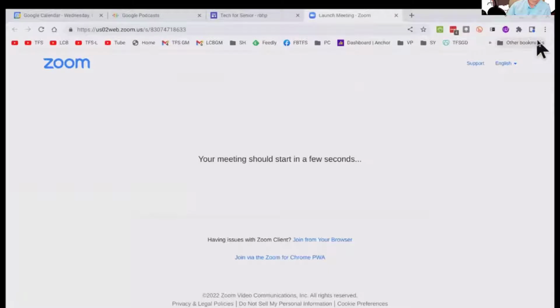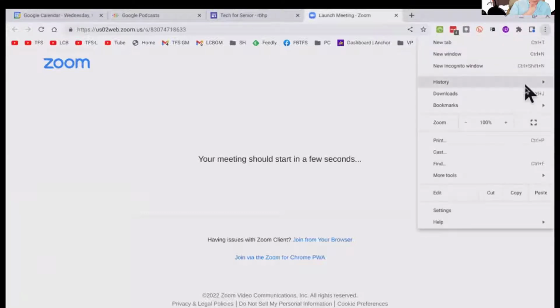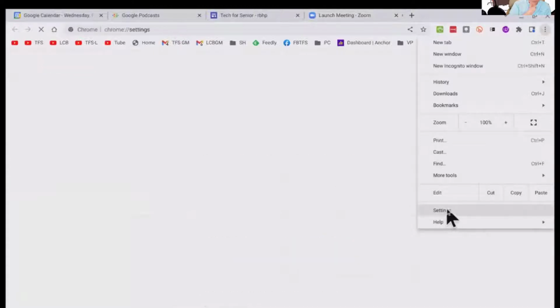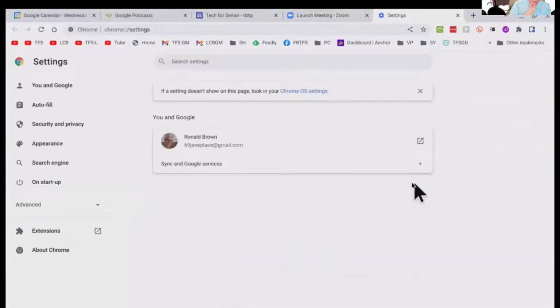Now, we're going to get out of here, but there's another setting that you can come to, and this is the Chrome browser setting. In the early days of Chromebooks, there were 2 different areas that you could find settings. There was within your Chrome OS, which I just showed you, but also, if you come up here, this is your Chrome browser. Your Chrome browser actually has settings. As we come down here, you'll see this is settings. When we click this, you will see